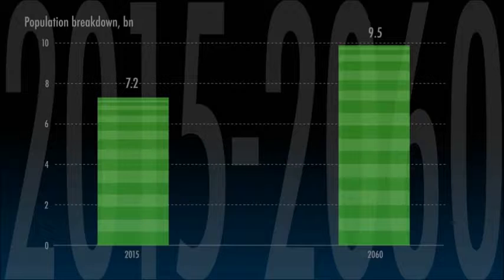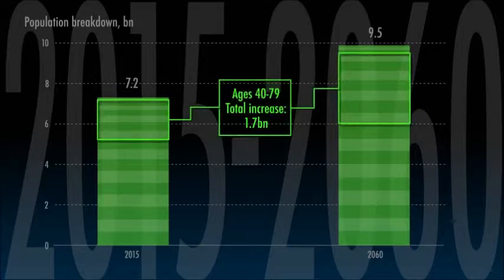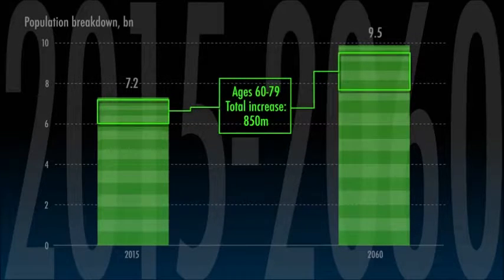But, according to calculations by Emi Suzuki and Wolfgang Fengler of the World Bank, two thirds of the extra 2.2 billion people will come from the older age groups, those aged 40 to 59 and between 60 and 79, not from the younger. The increase in the last, oldest segment is especially marked. Between 2015 and 2060, the number of 60 to 79-year-olds will double to 850 million.